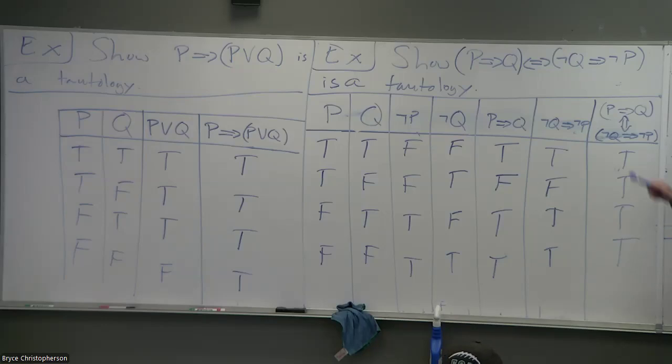That is, P implies Q is logically equivalent to not Q implies not P. I don't want you to have some sort of a sense that if they put this arrow in between two things, it automatically makes them logically equivalent. It could be the case that you don't end up with a column of all truths. Maybe one of the things ends up being false. In that case, it would be a false statement that the two things are logically equivalent, right? Anytime you get a tautology, then they are indeed logically equivalent.